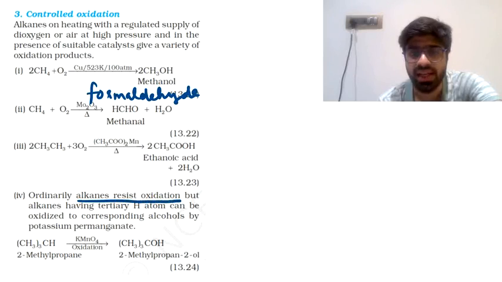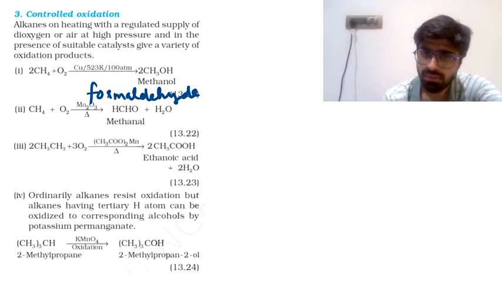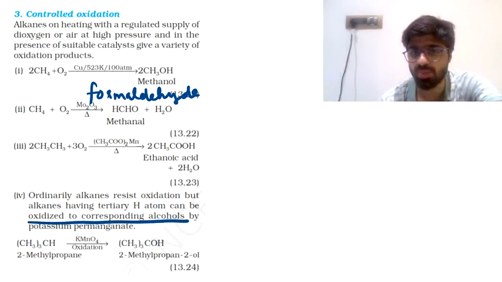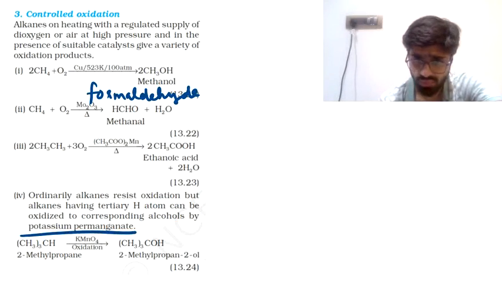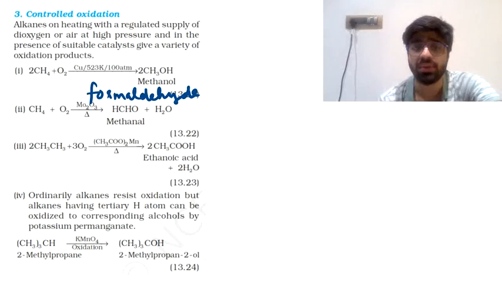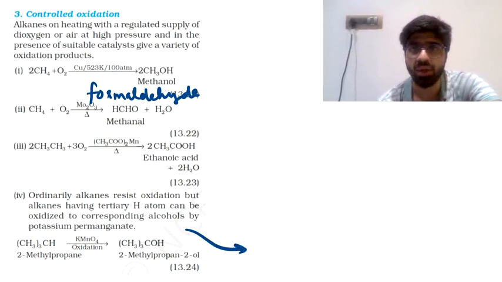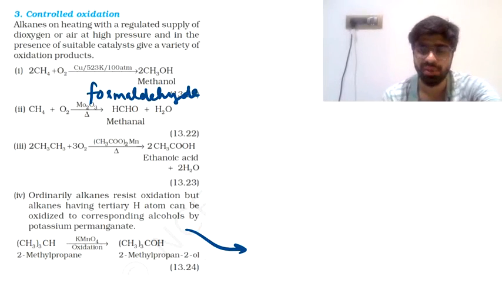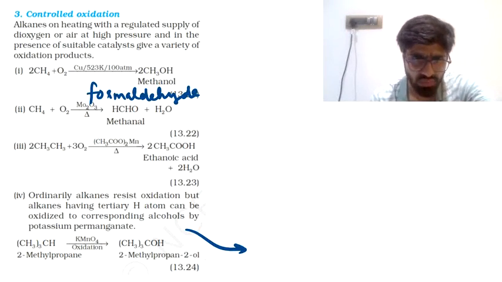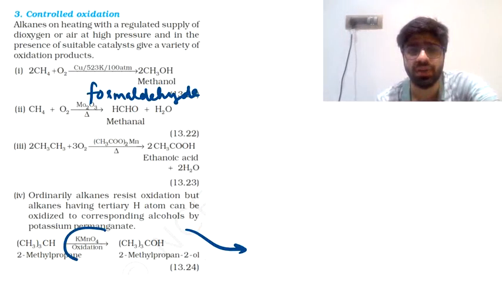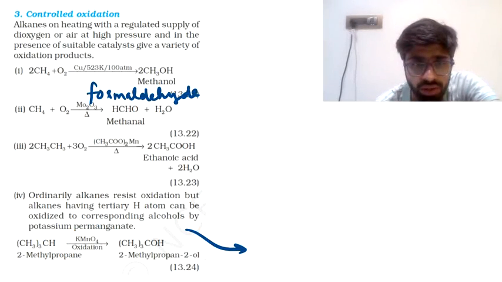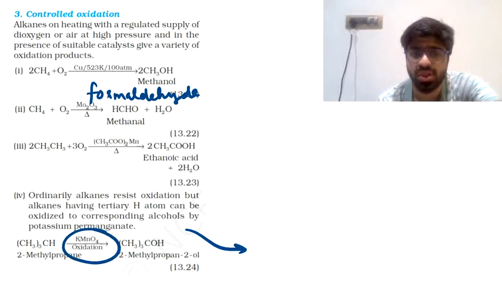are going to resist any kind of oxidation, but alkanes that have a tertiary hydrogen atom can be easily oxidized to the corresponding alcohols with potassium permanganate. Now that's an important thing you are reading here: normal alkanes do not undergo oxidation, but if there is a tertiary hydrogen atom in the alkane, then it can undergo oxidation with alkaline KMnO4. Okay, they haven't said alkaline or acidic. We will just say it can undergo oxidation in the presence of KMnO4, and the oxidation will give rise to